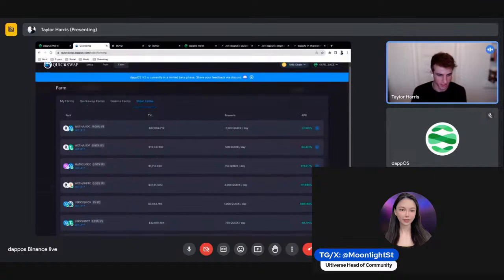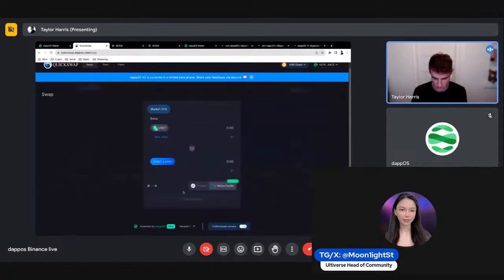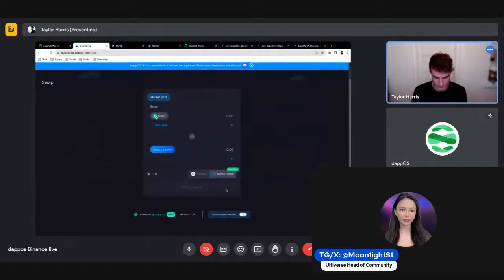Okay, all right, I think I'll jump back to the beginning, and if it's still not loading, then I think we can move on, because that's about all that we need to know in regards to exactly how dappOS integrates with QuickSwap, how you're able to access your different chains, and why you should select the Manta Pacific option.